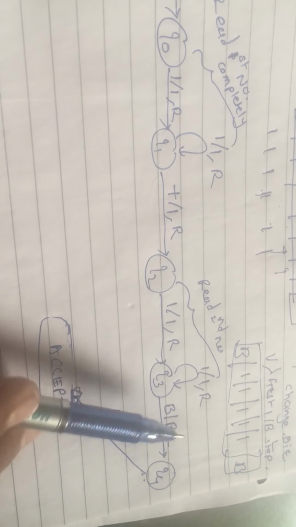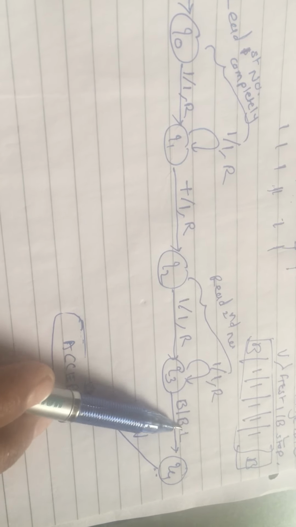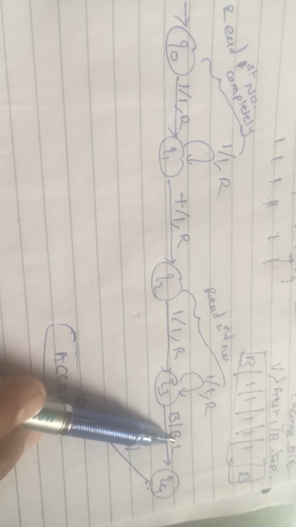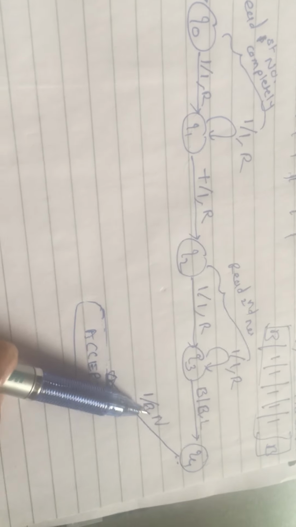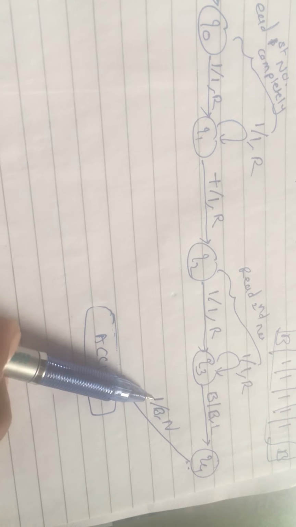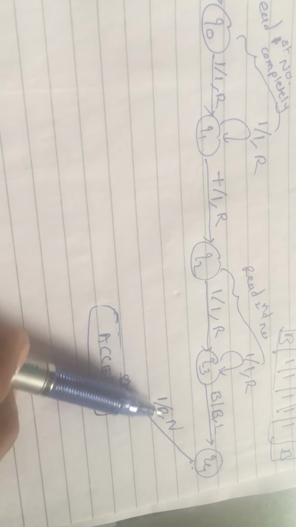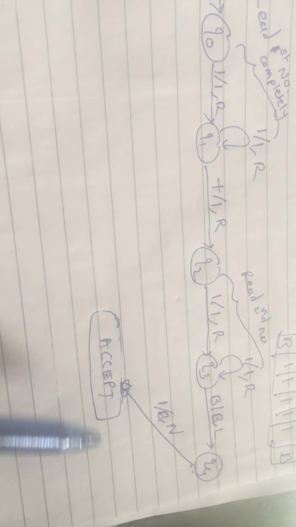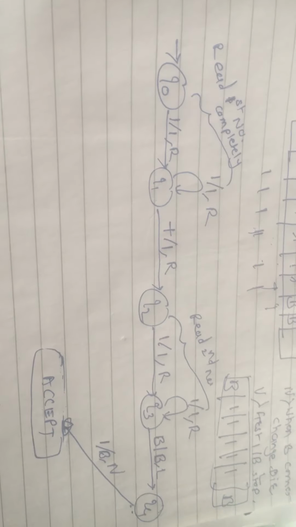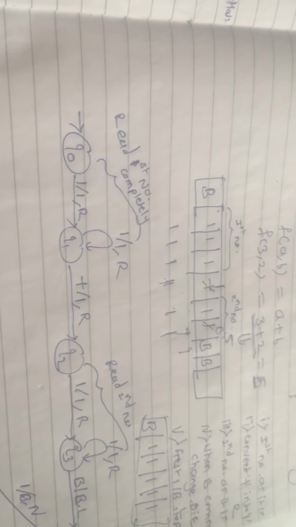When B will come, change the direction to L. Now here the rightmost end is identified. So from the rightmost end, if you start reading towards the left side, you will get the first one, which is nothing but the rightmost symbol, and we have to convert that rightmost one into blank and stop the procedure and accept the string. So this way we can perform the addition of two unary numbers.